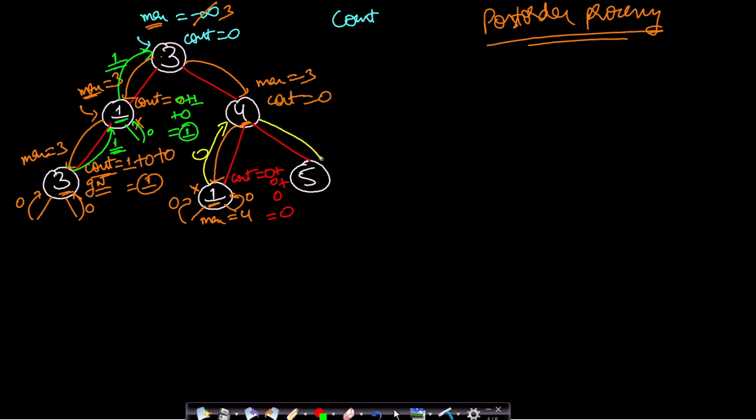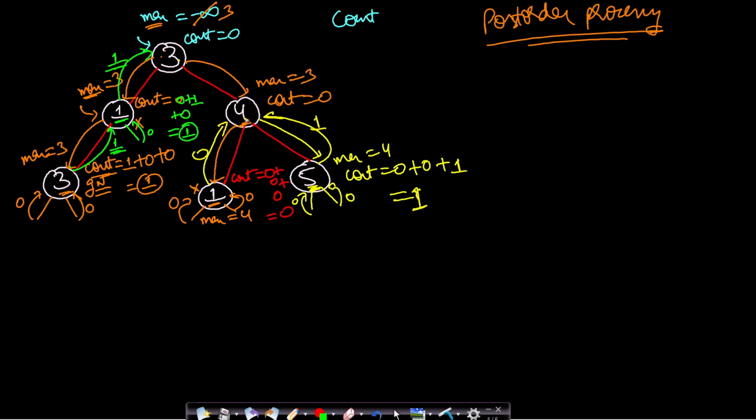Now from this 4, we will make a call to 5. Now the max value here is 4. The count is 0 initially. The left call will have 0 value, the right call will have 0 value, right? And now when we reach this 5, this 5 will be compared with 4. Now 5 is greater than or equal to 4, so there is no node from root to this current node path which is greater than 5. That is why this is a good node. So you got 0 from the left call, 0 from the right call, and the current node is a good node, so add 1 to it. So the total count of good nodes will be 1, and you will pass 1 to the calling function, which is 4.